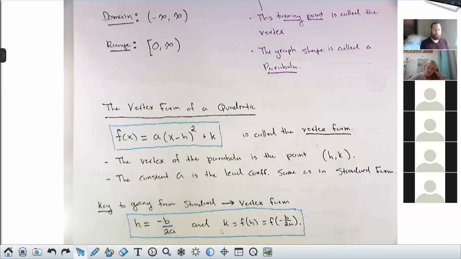All right, cool. Because I'm used to putting it back into the quadratic formula, so I wasn't sure if there was another way. The quadratic formula has utility, but it will not help us find the vertex. The quadratic formula will help us find x-intercepts, which is nice. And there's a cool connection between the x-intercepts and the vertex that we are going to talk about. But for now, just think of h as this number that comes from the formula, and k is what you get by plugging that number in for x.